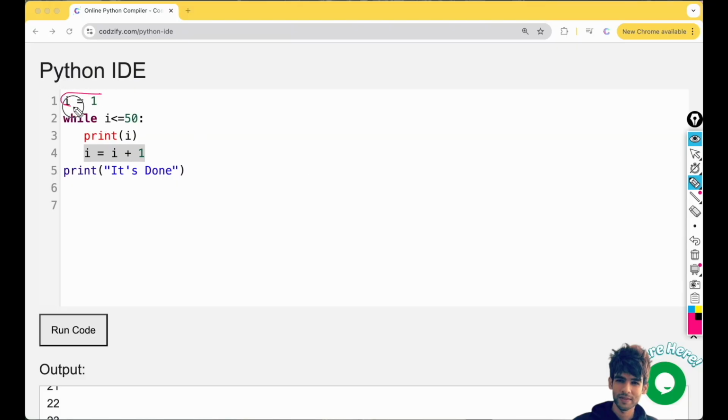Firstly we have I is equal to 1. Now here the value of I will be 1, and it will check the condition I is less than or equal to 50, which means 1 is less than 50, then it will print the value of I here, and I is equal to I plus 1. What is the value of I? The value of I is 1 now. Now it will be incremented by 1 and become 2. Now first this line is executed, then second this line is executed, then this line,